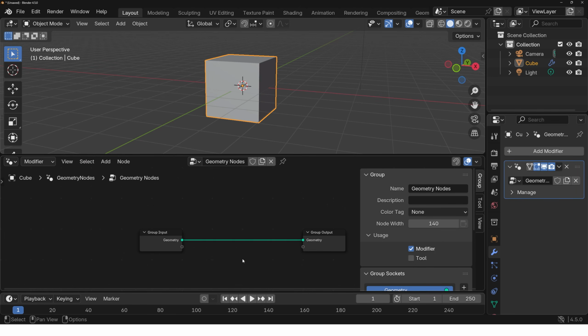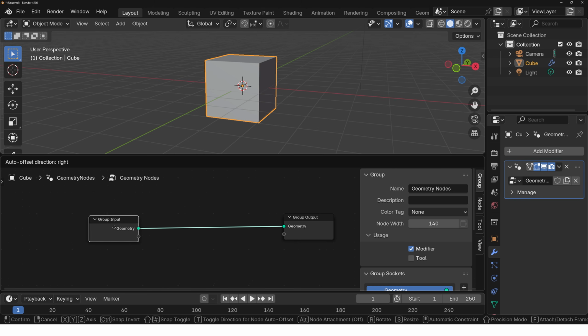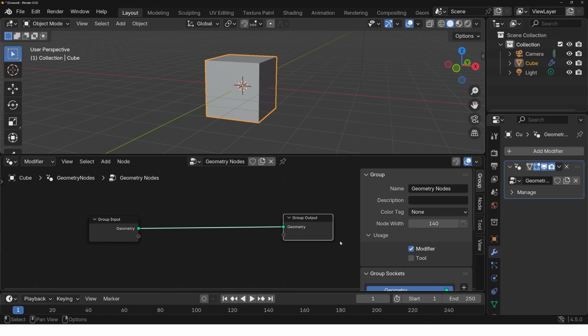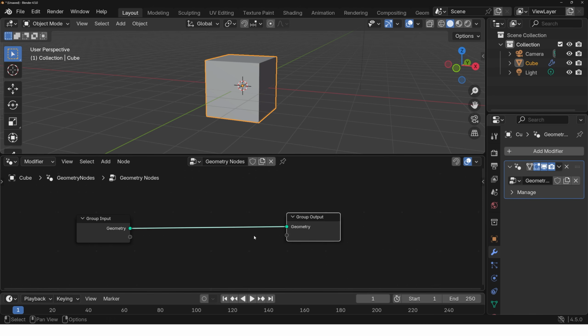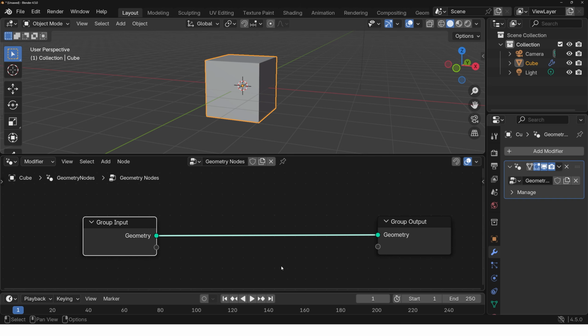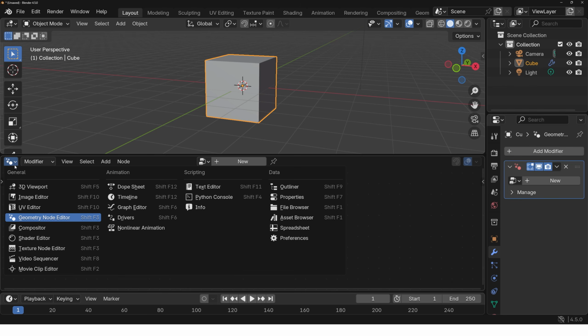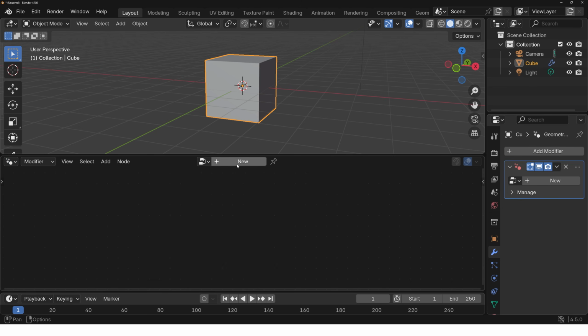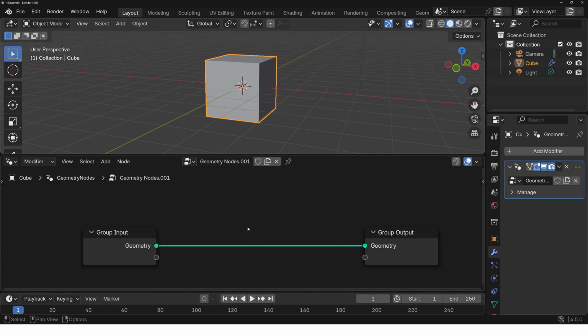After that, you can zoom in and you can take a look at this group input and group output. Now, you can remove the side panel by tapping N, but all in all, this is all we're going to be working with in geometry nodes. Another method of creating this geometry node without going to the modifier is simply by switching this viewport to the geometry node editor and pressing this new button over here, which will automatically create and add a geometry node modifier